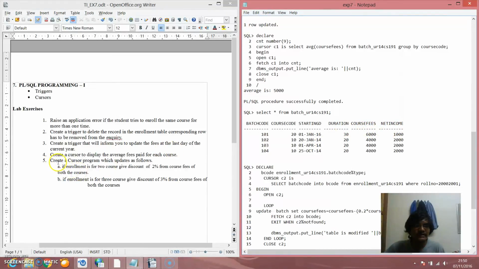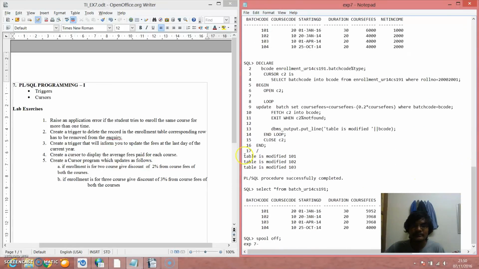So the fifth one is create a cursor program which updates as follows. The first one is if enrollment is for two courses, give a discount of 2% for the course fee of both the courses. So we declare B code enrollment UR1 for CS191 batch code %TYPE. Cursor C2 is select batch code into B code from enrollment UR1 for CS191 where roll number is